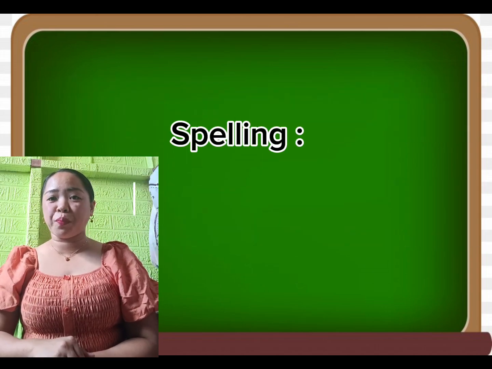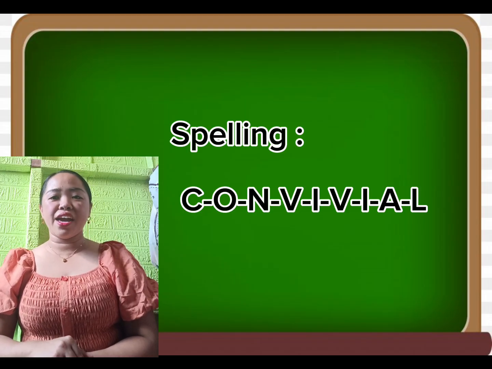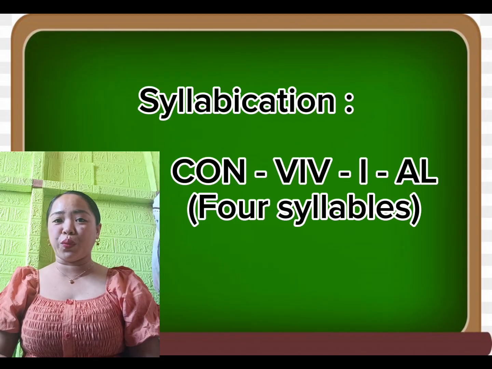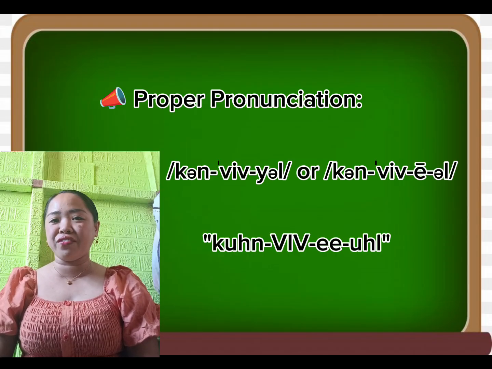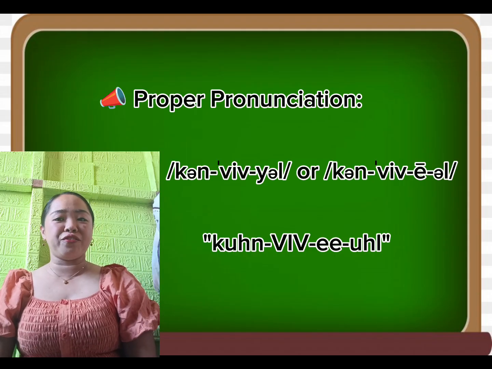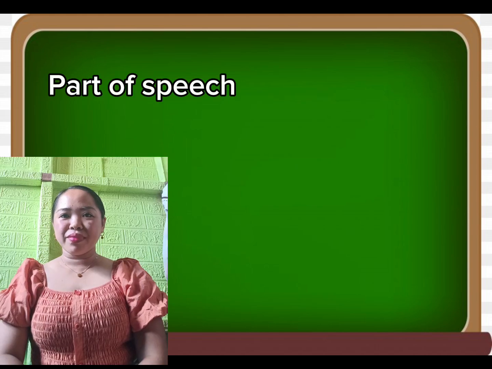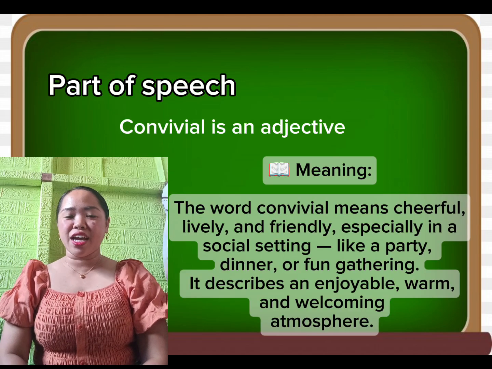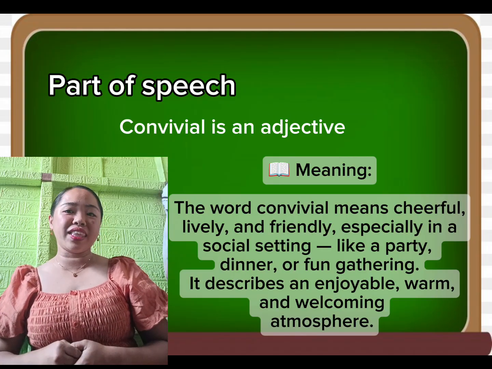So this word is spelled C-O-N-V-I-V-I-A-L. Do you know that the word has 4 syllables? And the word is pronounced as convivial. Say it with me: convivial, convivial, convivial. As a part of speech, convivial is an adjective, meaning cheerful, lively, friendly,